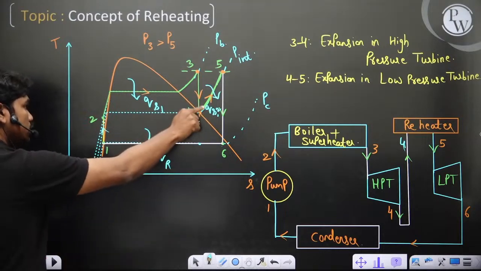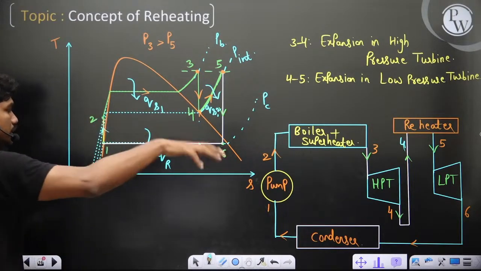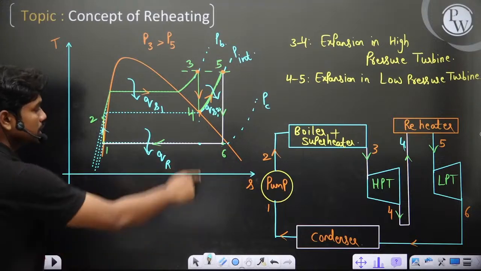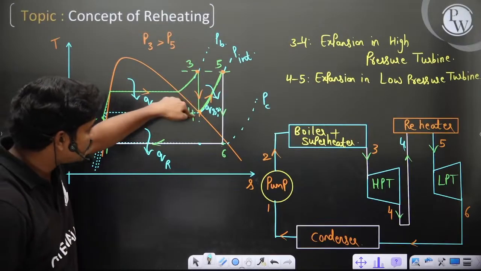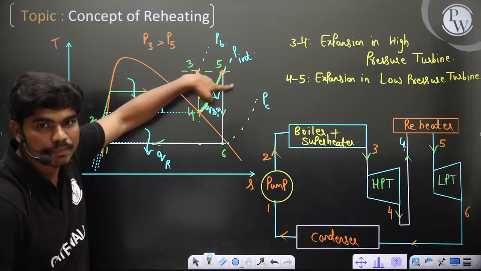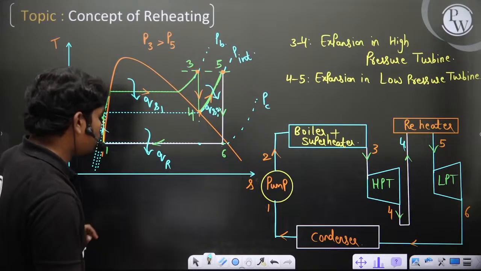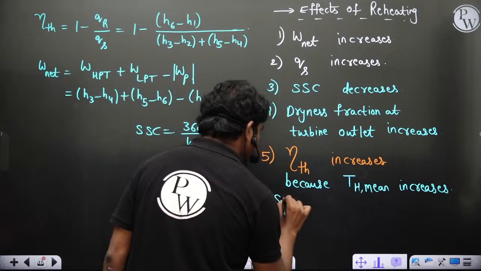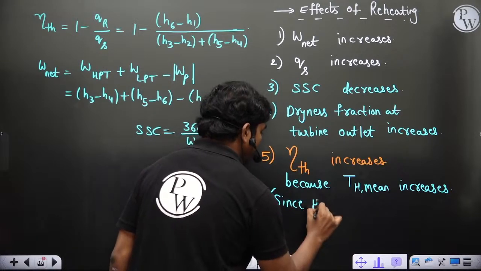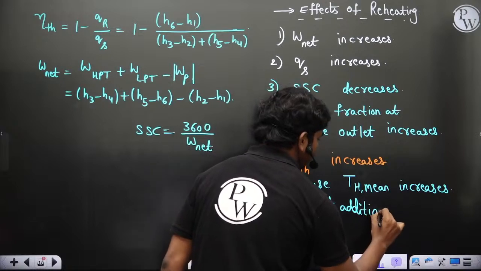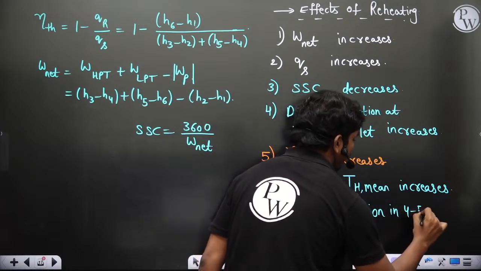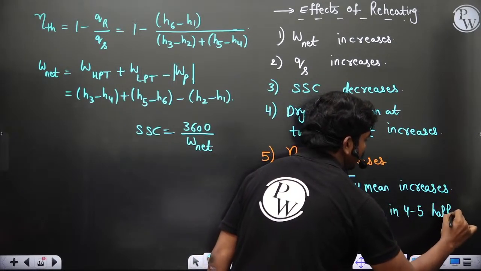So this is hot steam, but this is just like normal atmospheric condition or slightly 2-3 degrees higher. So T4 will be much larger. So if T4 is large, this part of heat addition in 4 to 5 is happening at very high temperature. Understood? So since heat addition in 4 to 5 happens at high temperature,